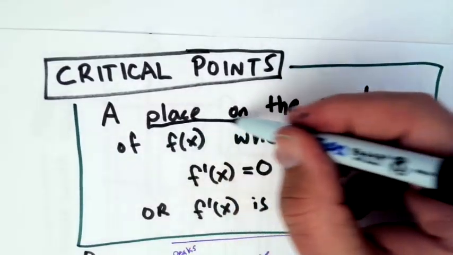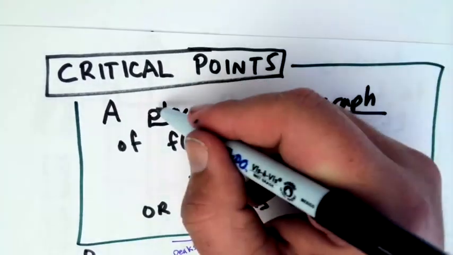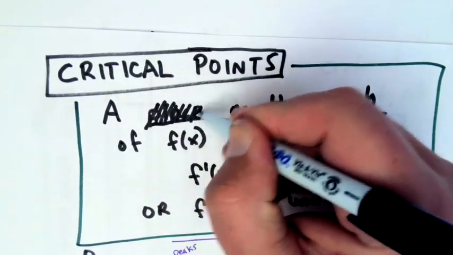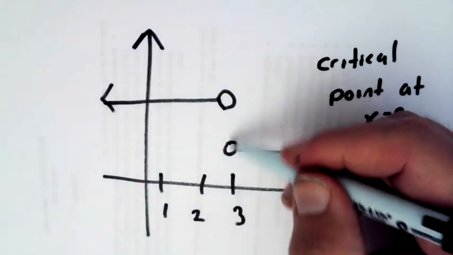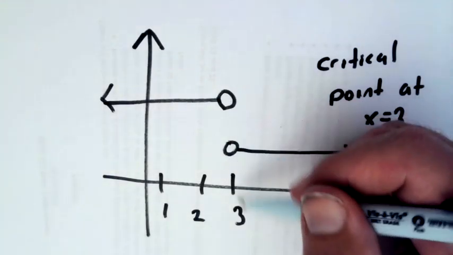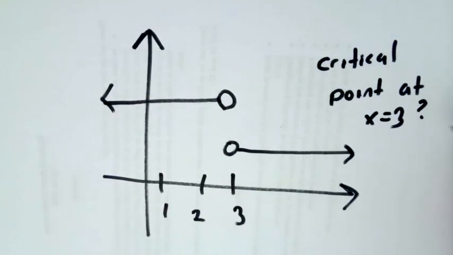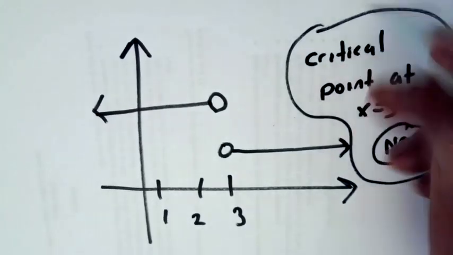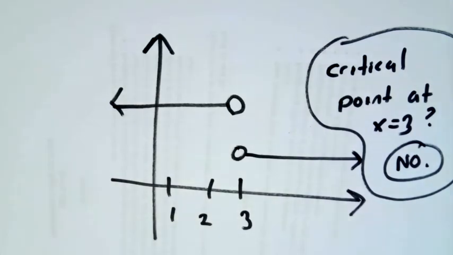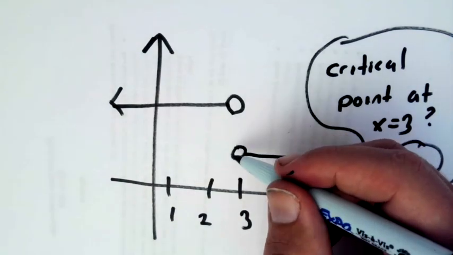It's a place on the graph of f of x, or better would be to say a point on the graph. So it's called a critical point because it actually has to be a point. There's no point on the graph of f of x at x equals 3. So this is not a critical point at x equals 3, because in order to be a critical point, you have to be on the graph. If one of these were filled in, the point that was filled in would be a